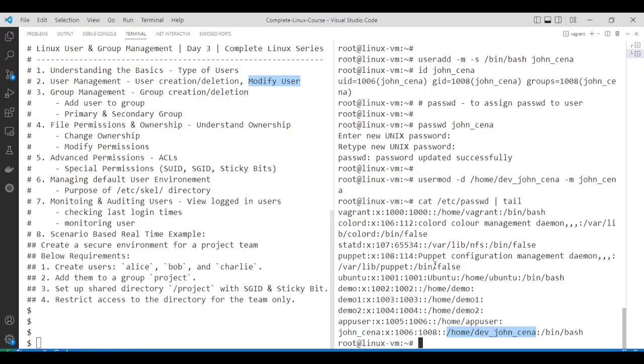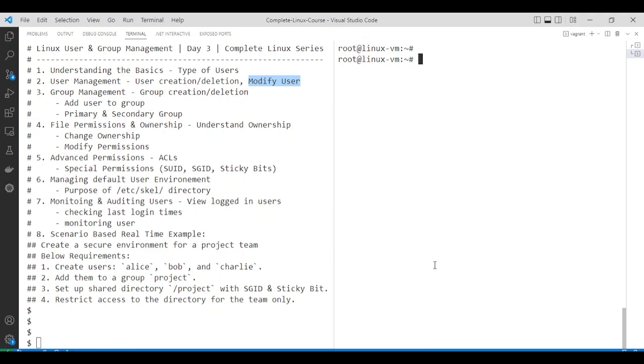Next thing is user deletion. If you want to delete this user, the command would be userdel -r followed by the username, John Cena. This will delete the user along with the user home directory and mail spool for the John Cena user. So let's delete the user,